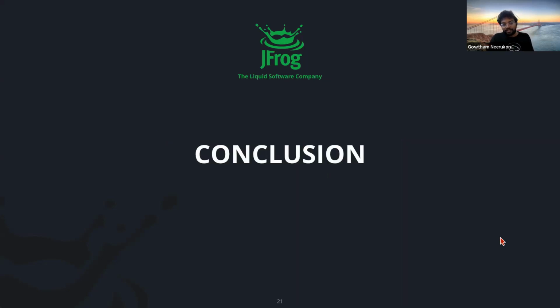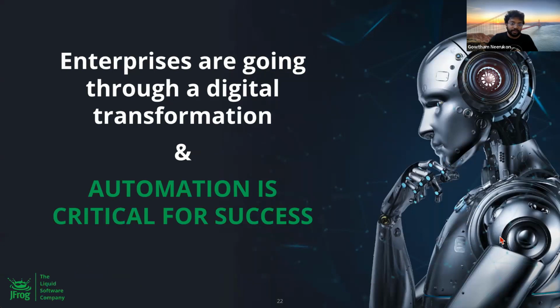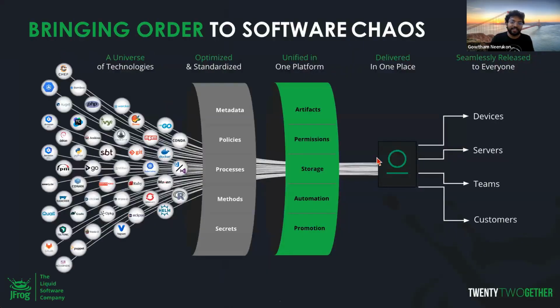Now, conclusion. Artifactory being a universal binary repository manager and DevOps being the center of software development activities nowadays in the organization, you are going to need automation, and this is going to be critical for your success. And JFrog platform as a whole, with Artifactory as the centerpiece, can help you manage the software chaos and organize the binaries in an efficient manner, and can control the RBAC as well as maintain the full metadata around a given artifact, and can be a single point of contact or single source of truth for all of your